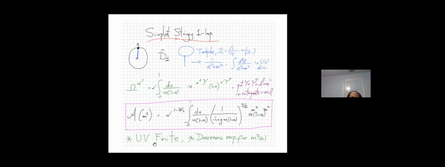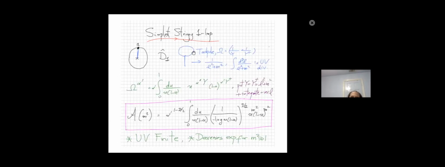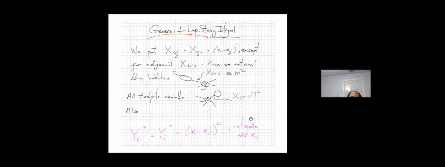But already here we can see it's manifestly UV finite. And if you want to have some sense of how it behaves at high energies, you can take this m in the loop and make it larger and larger. There's no kinematic variable, so you can make m larger and larger, and then manifestly it decreases exponentially when m squared is much bigger than 1. Okay, so that's some qualitative thing.